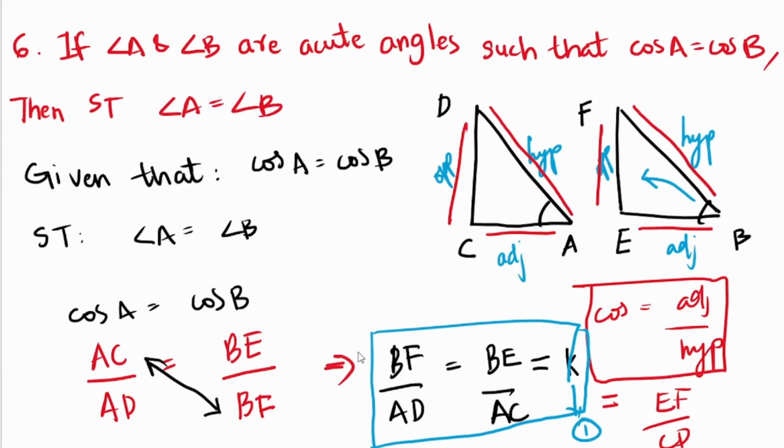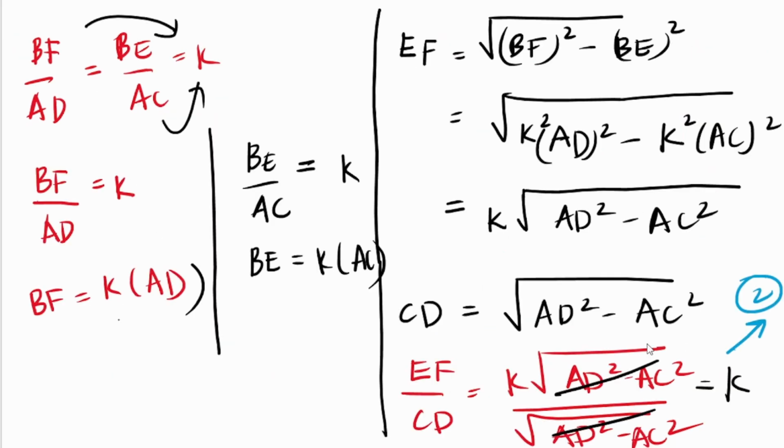Here BF by AD equal to BE by AC equal to K we have written, right? Which is equation number 1. And over here EF by CD we just found to be K also, the same. So it is 1 and 2, right? From equation 1 and 2 we will get